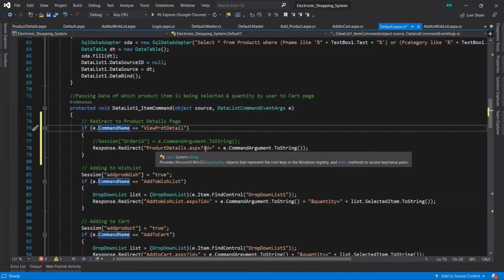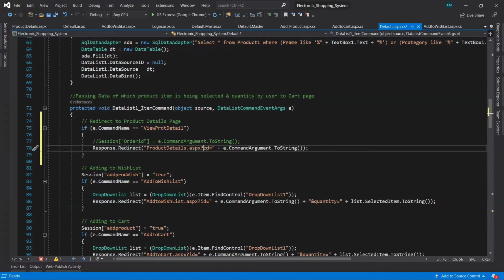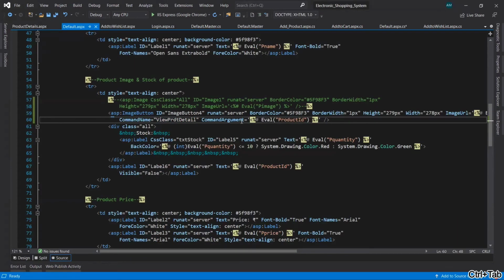Now here you can see I have used the query string, that is the question mark, the denotation of the query string. The name I have given to the query string is ID. With the name ID of the query string I have given equal to, and the value will be taken from the command argument, which is coming from, let's see here in default.aspx. Here we have taken the command argument as well, and the value coming from the command argument is the product ID.